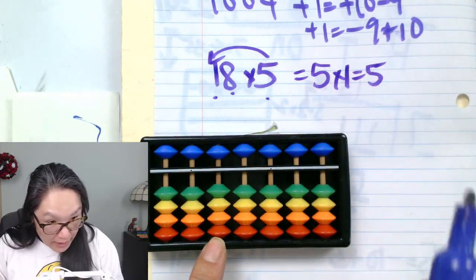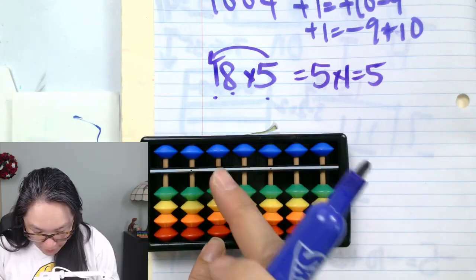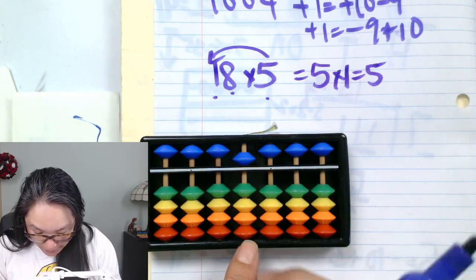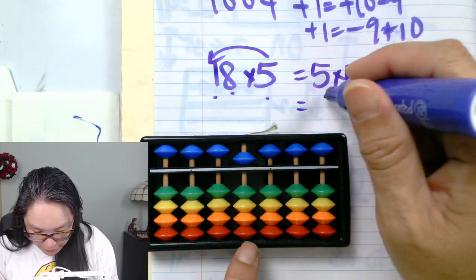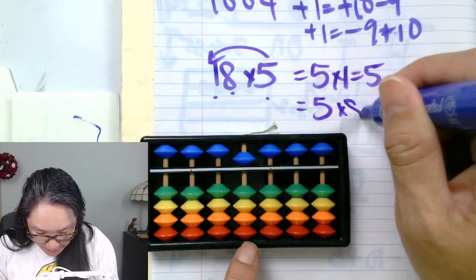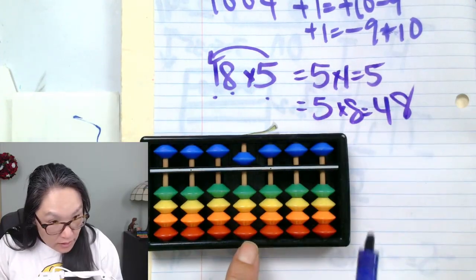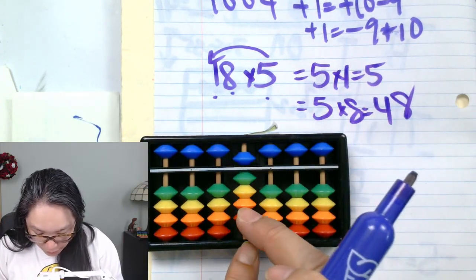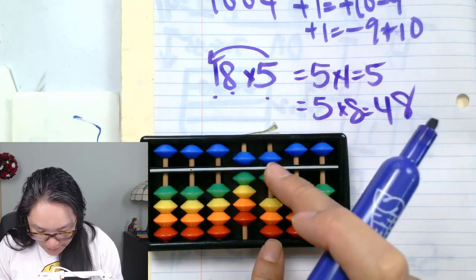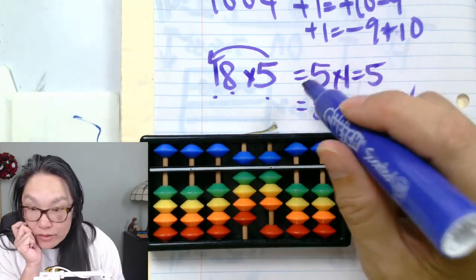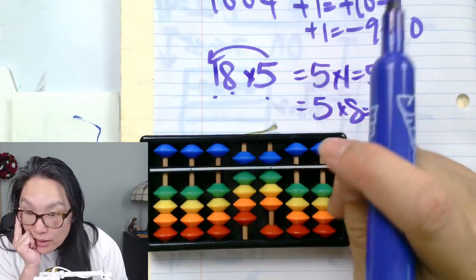So what's going to happen? I add the 5. So I add my 5. But 5 is a single digit, so I go back 1 column. I add the 5. Now I have 5 times 8 is equal to 48. So now what I'm going to do, I'm going to add the 4 and I'm going to add the 8. 5, 6, 7, 8. So my final answer is 9. So that's single. However,